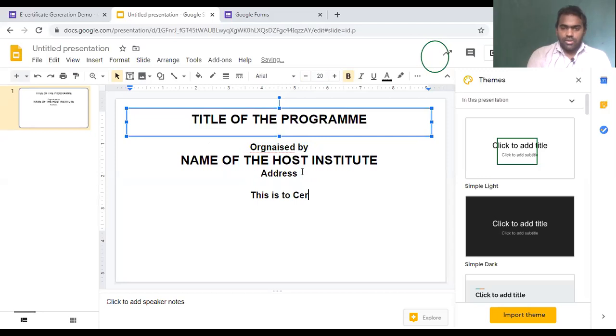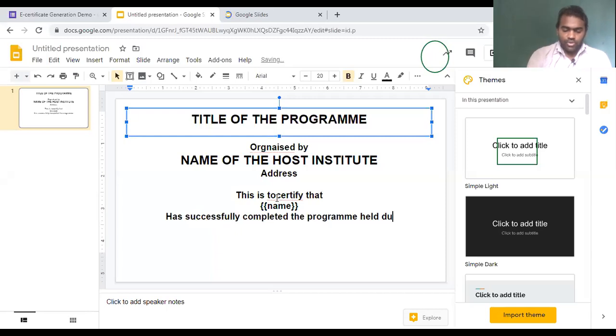You can add, "This is to certify that," then here the name, so you can add the name that has successfully completed the program organized by or held during 1st June 2022 to 5th June 2020.